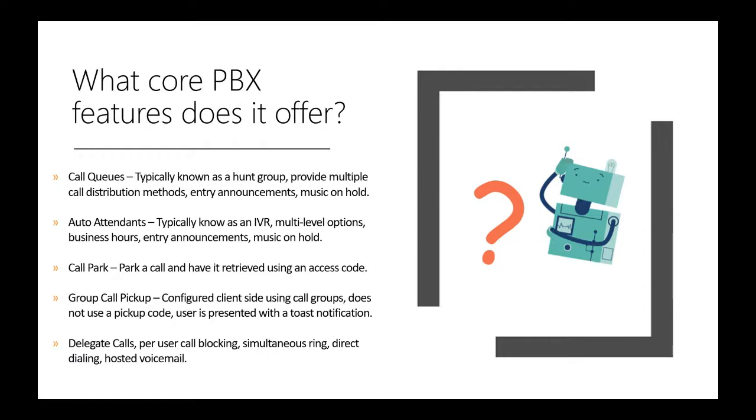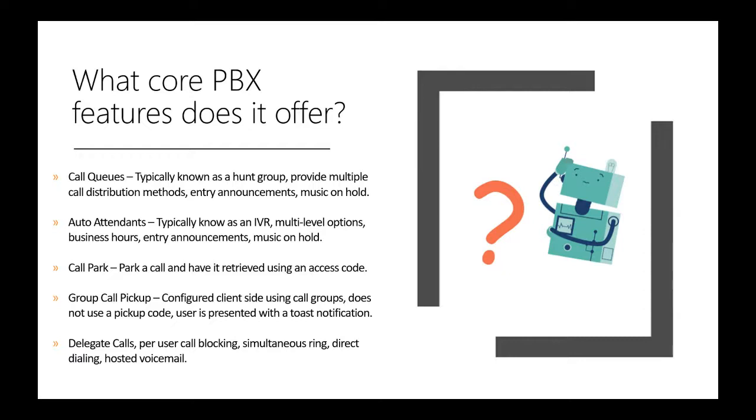We can do per user call blocking, which is a really nice feature. We've all been victim of spam calls or nuisance calls in Teams now. This wasn't available in Skype. You can actually right click on a call in your history or use the three dots to put that into a block list. Simultaneous ring would ring your work DDI and also the Teams app on your mobile